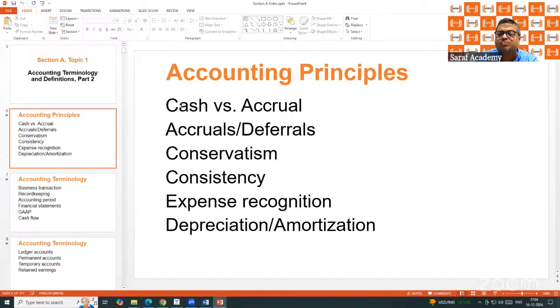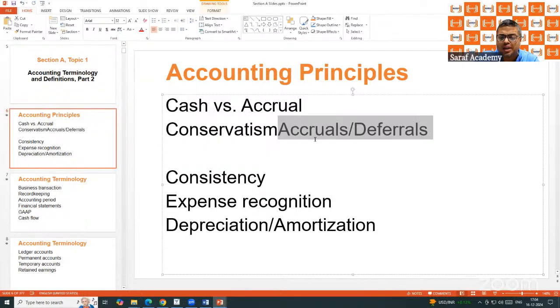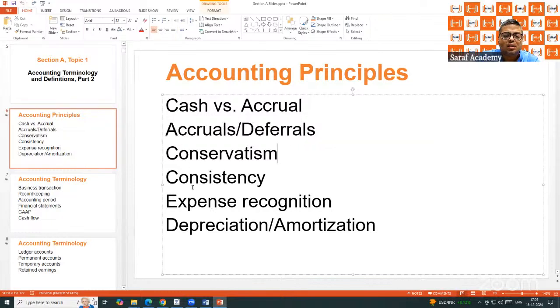It is not fully finished. So the income which is received will be deferred, will be deferrals. Accruals is used for expenses, where the expense is incurred, but payment is not done. Deferral is used for income, that is, the money is received, but still the work is not done.